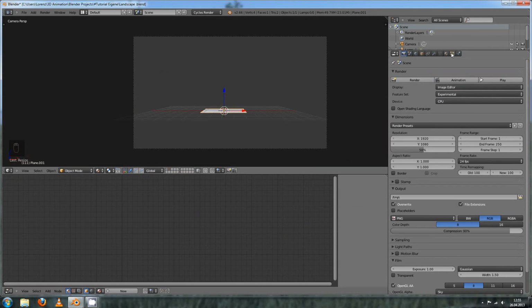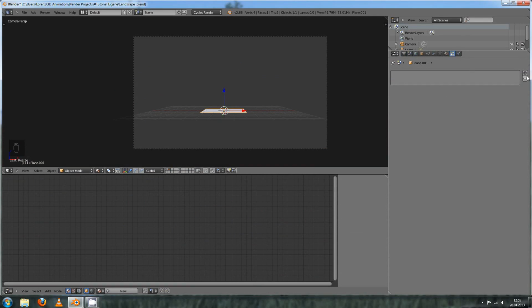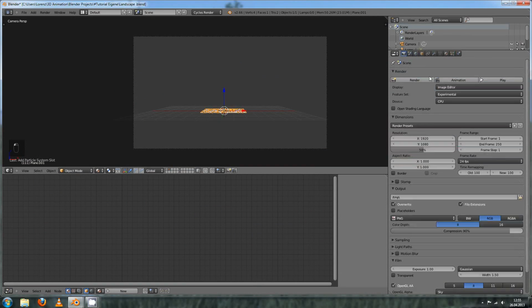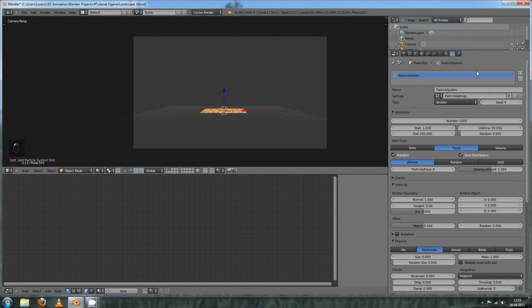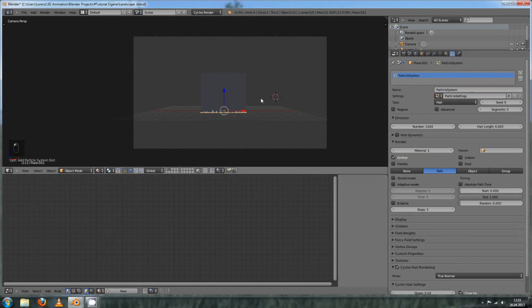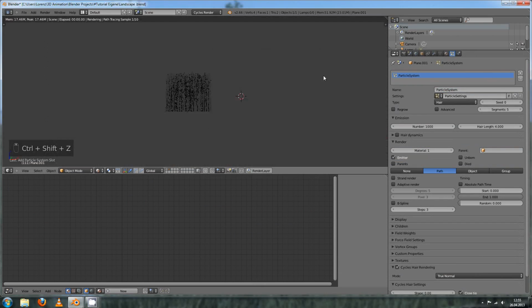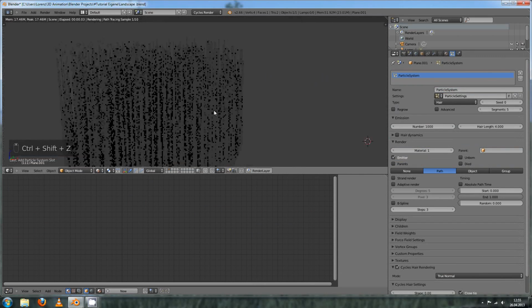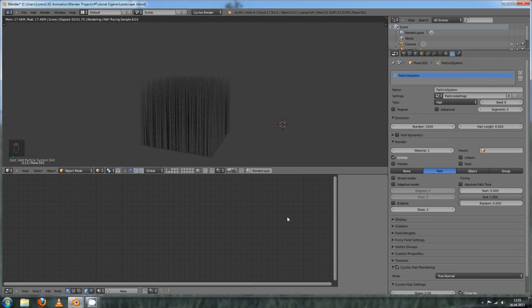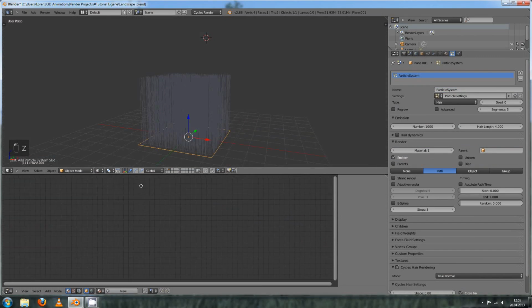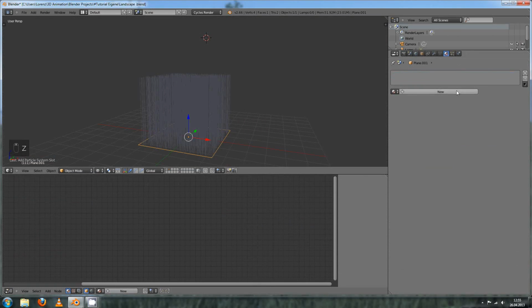I'm not sure what the current version is, but probably in later versions it will be possible to use it in supported mode, and hopefully soon in GPU as well. So we add in a particle system, change the type to hair, and now we should already see our hair strands, right? So what we're going to do first is we add in our grass material,